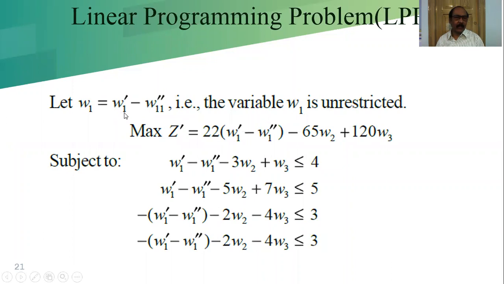This will be the single variable, that is, the variable W1 is unrestricted in sign. So max Z dash equal to 22 into W1 dash minus W1 double dash minus 65 W2 plus 120 W3. We are writing this in a grouping format, W1 dash minus W1 double dash. Now replacing W1 dash minus W1 double dash by W1, we get